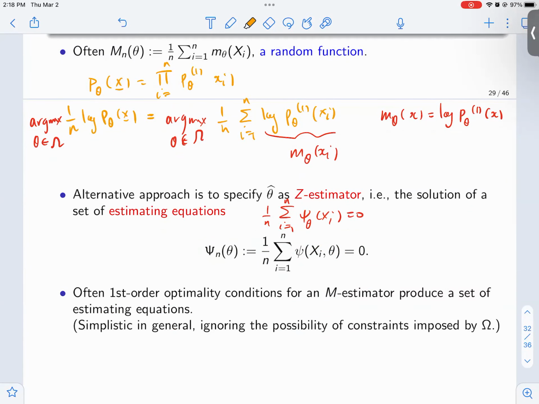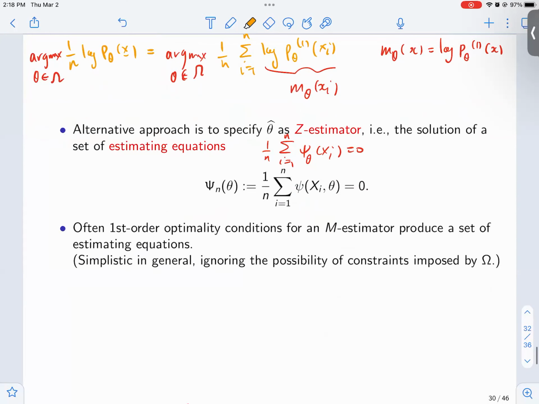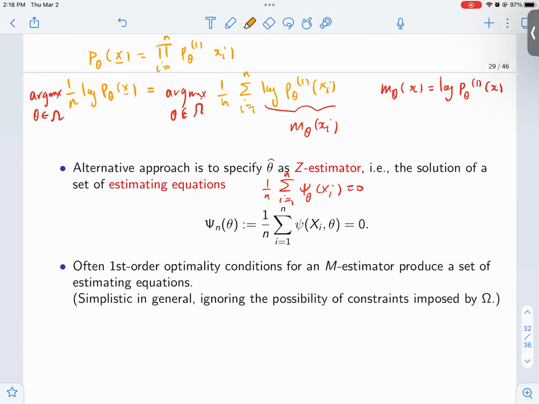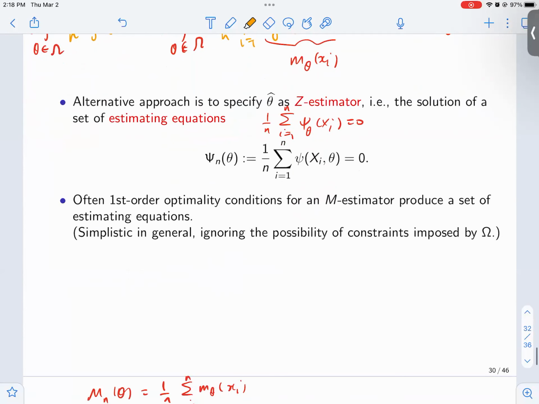The inner product might work, but you have to have multiple inner products with different measurements of xi's. A single one might not work unless theta takes unique values. It's a different story. Okay, M-estimation, Z-estimation. Okay, sort of. The thing that I want to skip is that these are usually